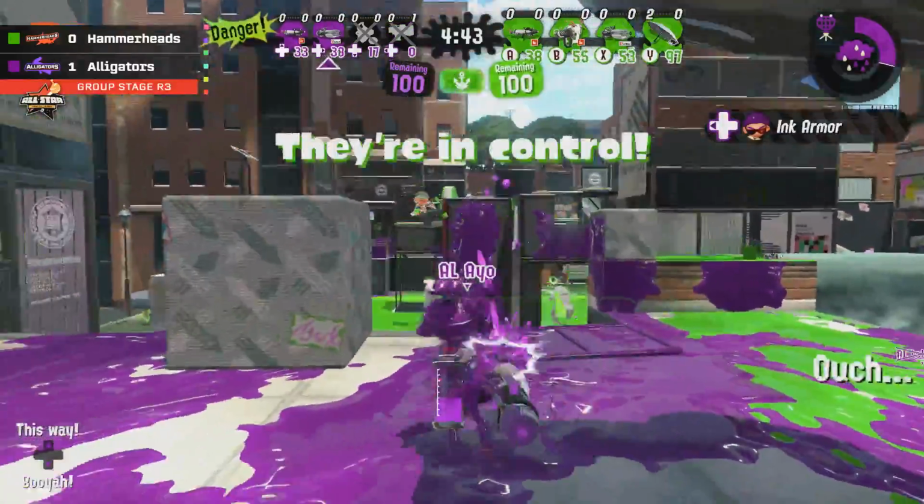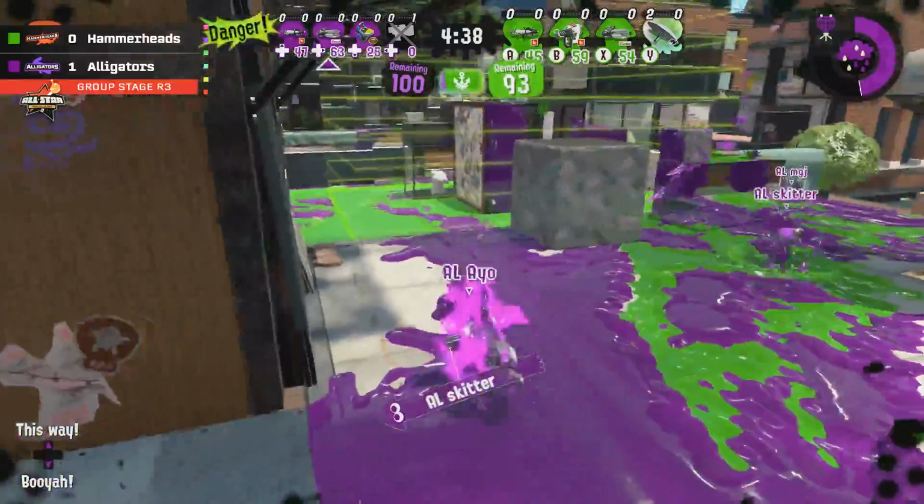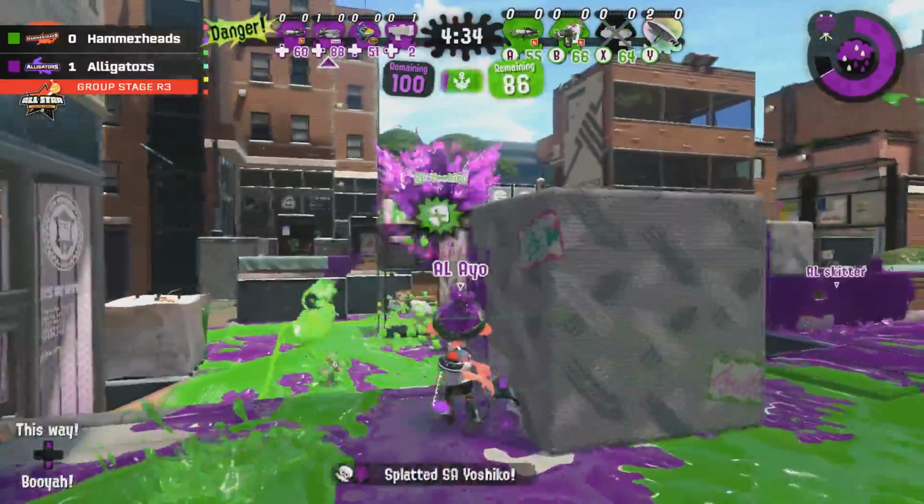And now we get to see Ayo on his ballpoint, which we saw in the first game. Almost picks up one, but doesn't quite get it. And just putting pressure on that side of the map. And straight away, Hammerheads have already...